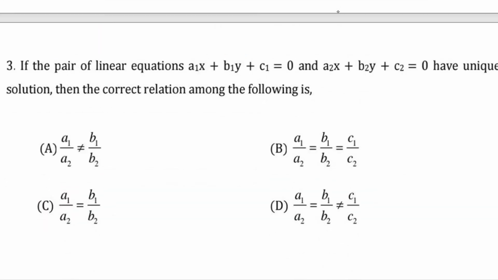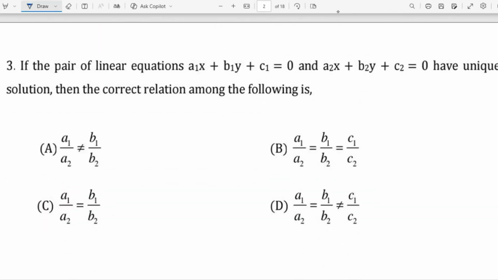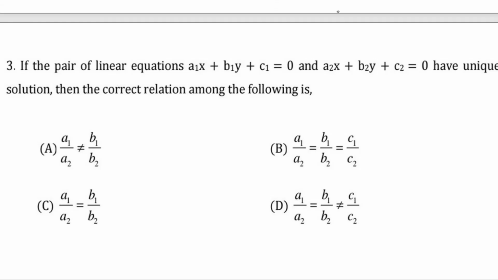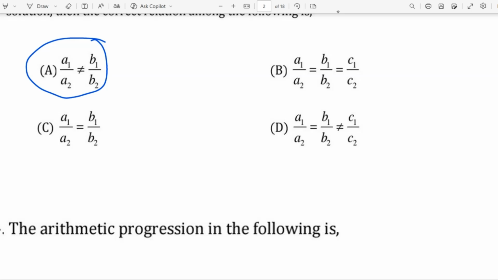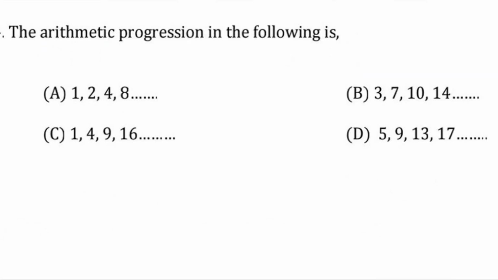Third one. If the pair of linear equations a1x plus b1y plus c1 equals 0 and a2x plus b2y plus c2 equals 0 have a unique solution, then the correct relationship among them is: if they have a unique solution, what will be the condition? That will be a1 by a2 is not equal to b1 by b2, which is the appropriate relation. Then,